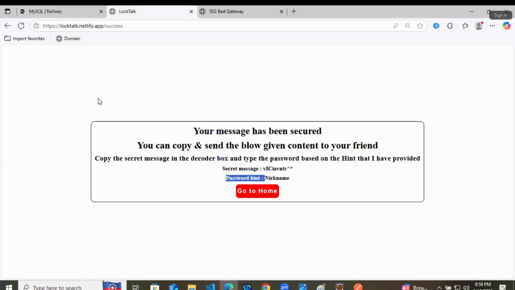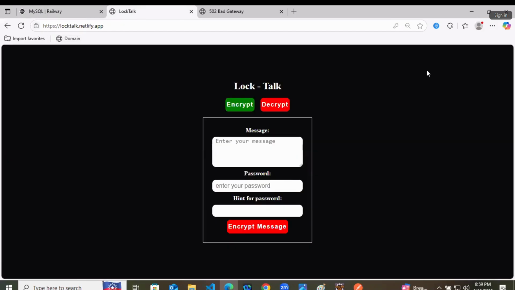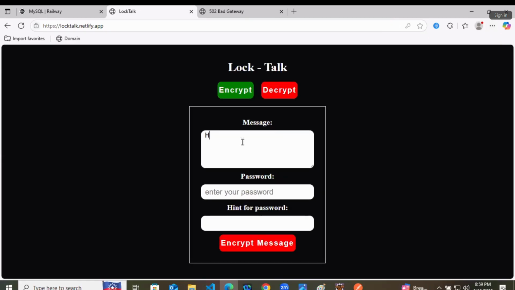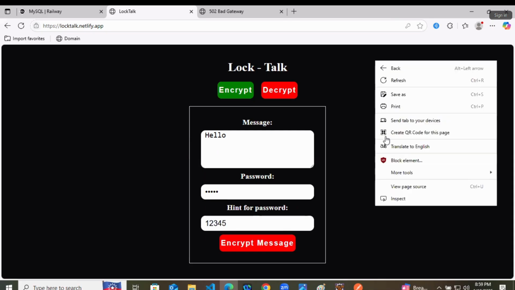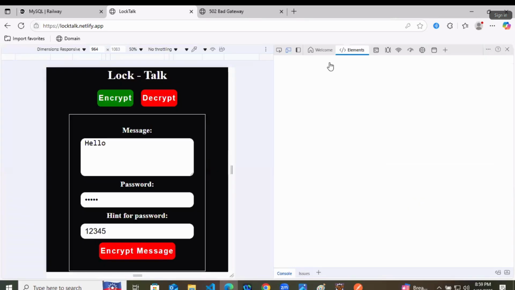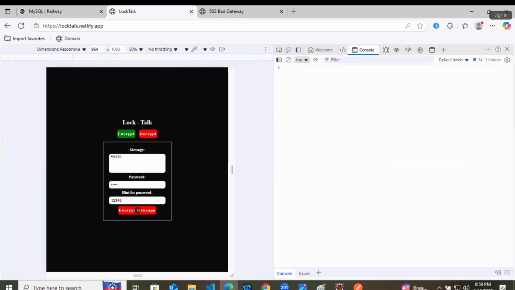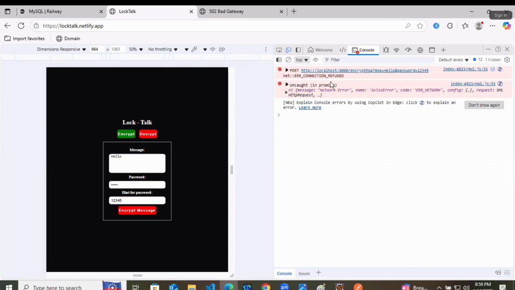What we will do, we will go to our front end and try to encrypt another message. Hello, like this. Some password I will keep, password hint I will keep, and go to inspect. Go to console. I will encrypt this message, and while encrypting, what are we getting?